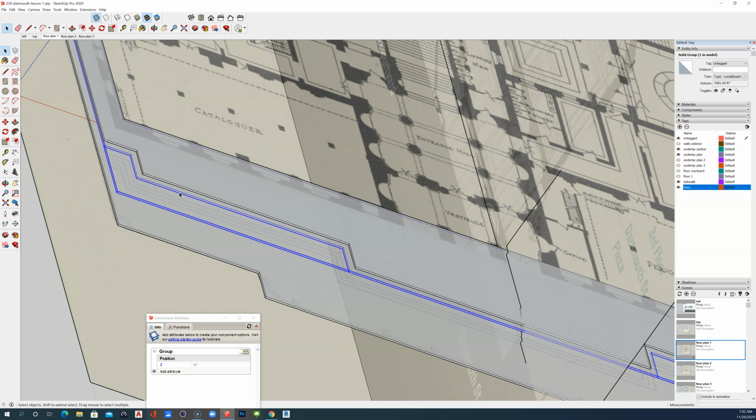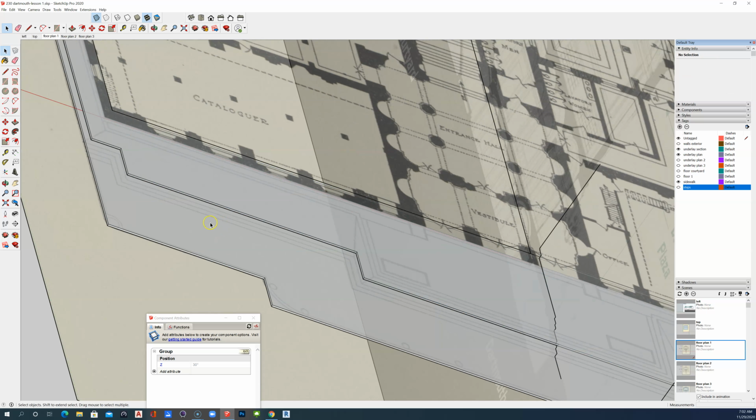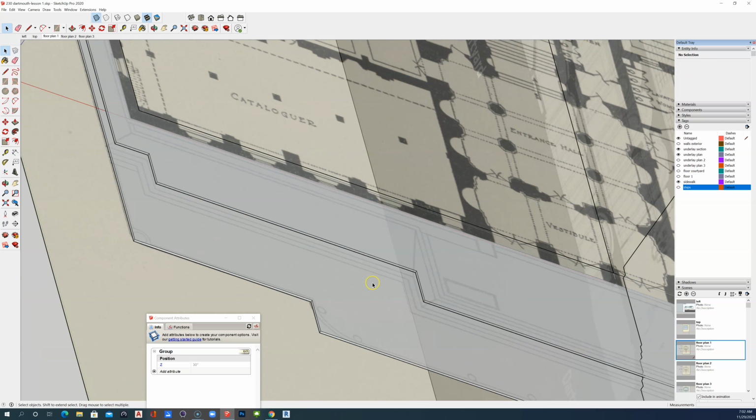I'll take that one, copy it, paste it in place, give it a Z attribute of 6 less than the one before, so that would be 24 inches. So let's take these steps, that group, put that on steps, and hide steps to reveal my last one, which I'm going to now